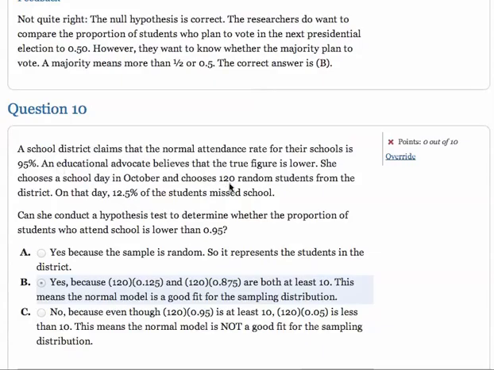You need 95% of 120. Well, 95% of 120 is clearly bigger than 10, because 95% is almost all. In fact, it's all but 5%. That 5% is the expected number of failures. 5% of 120, unfortunately, is only 6, I think. 10% is 12, so 5% is 6. 6 isn't enough failures. So the reason that we can't conduct a hypothesis test is because there aren't the correct number of failures. We don't have the right number.